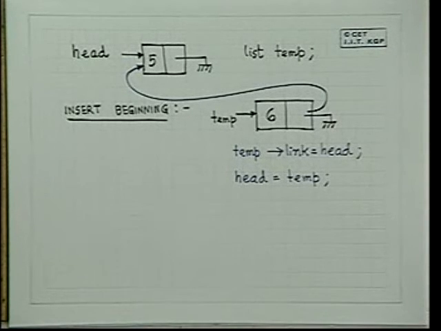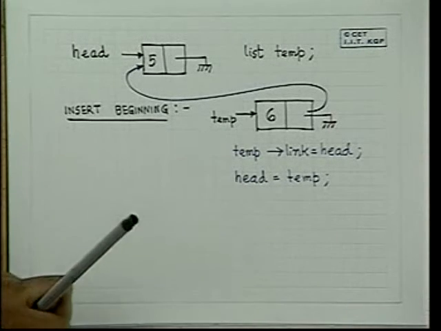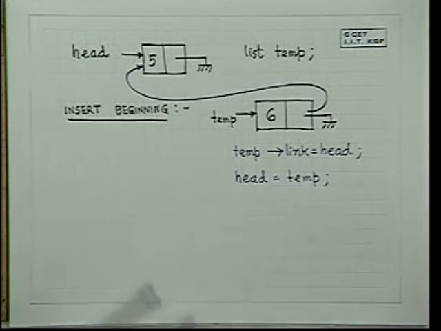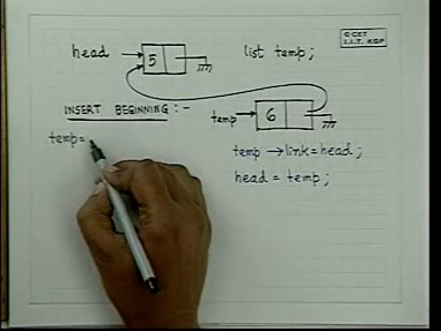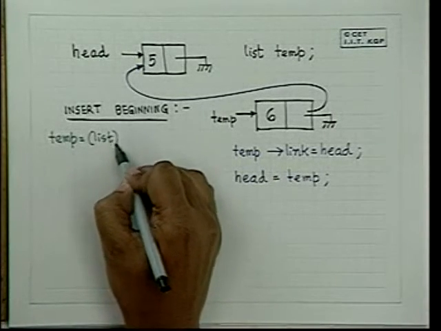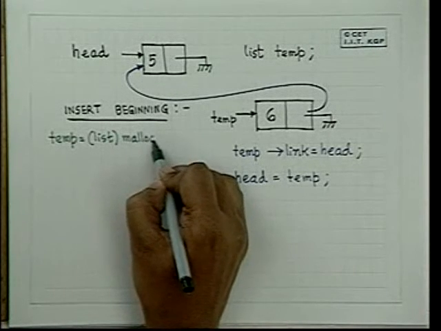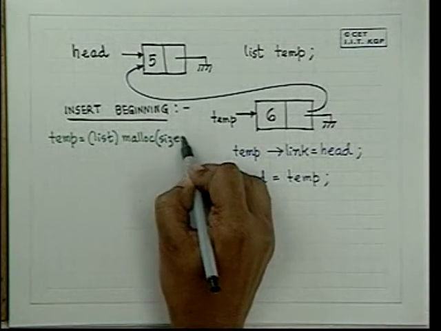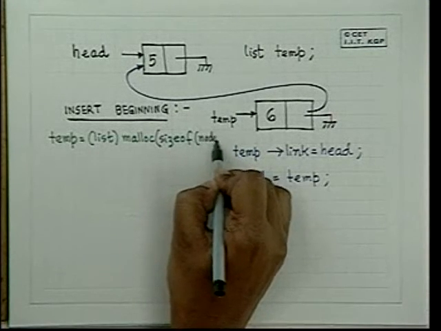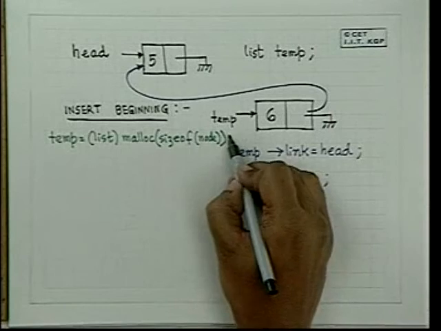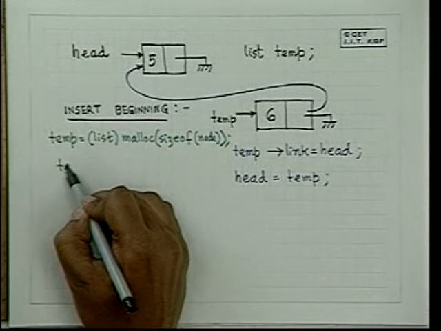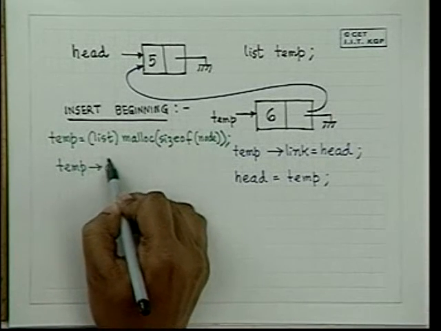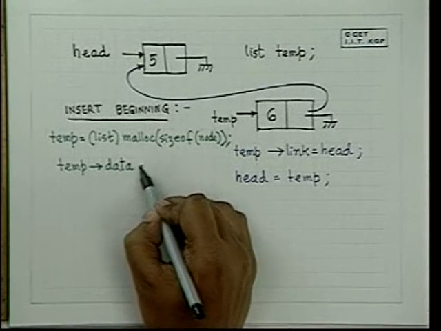If we want to insert in the end, so before this, the common call before this is temp is equal to list malloc size of node. Temp is equal to list malloc size of node is the first point. Temp pointer dot data is equal to data,